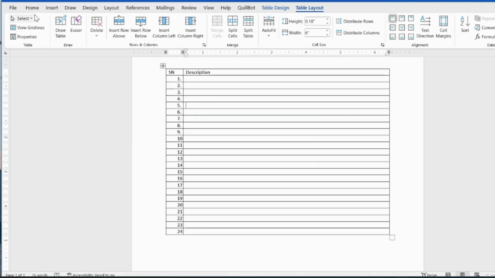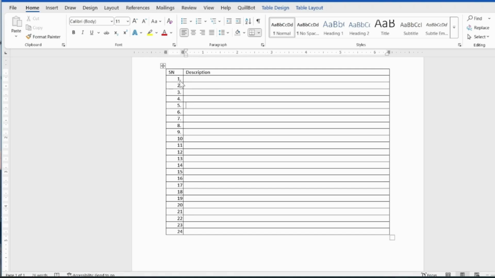We can just select it by left clicking on the number 1, and you can see that all the numbers have been selected, and we can drag it further left like this. Yeah, if you wish, a little bit left, yeah. And that's how you can set your numbering smartly. And here you can see a lot of space is in there, but you can use